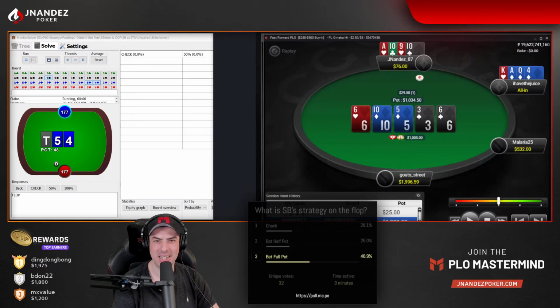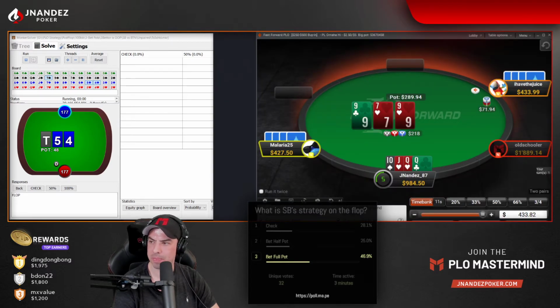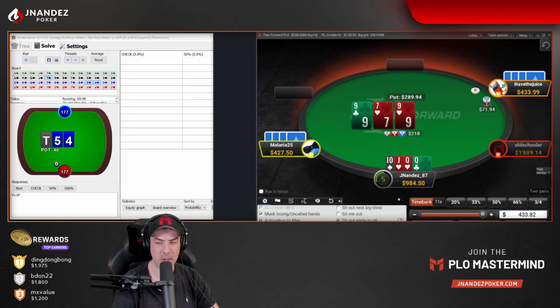Okay. Next hand to work ourselves through is this one here. So what happened? I squeezed in the big blind against the cutoff open and a button cold caller, which is pretty normal. Flop is 9-9-7. And the question is, what should we do on the flop? We could check. We can either check call, check raise, or